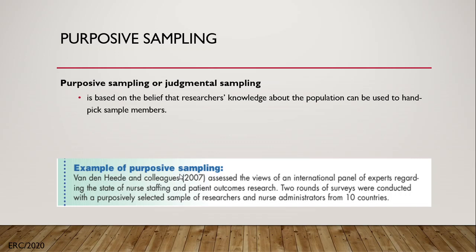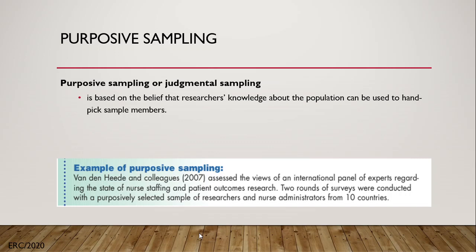So medyo mas higher itong purposive sampling because you are going to need key informants wherein they are experts in such field na kung ano yung concern ng study mo. Okay? So that ends our non-probability sampling under the